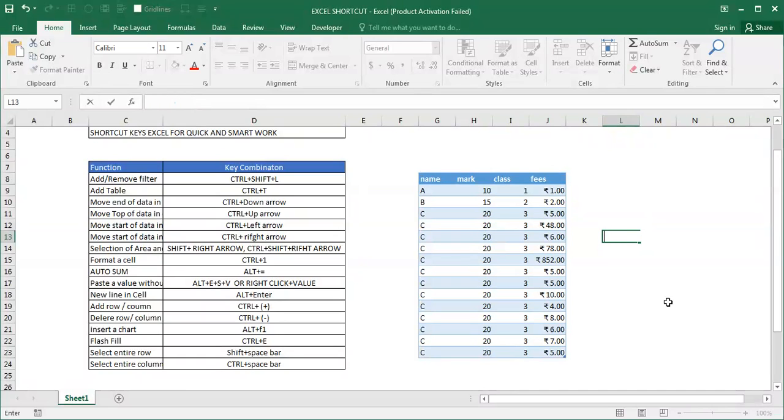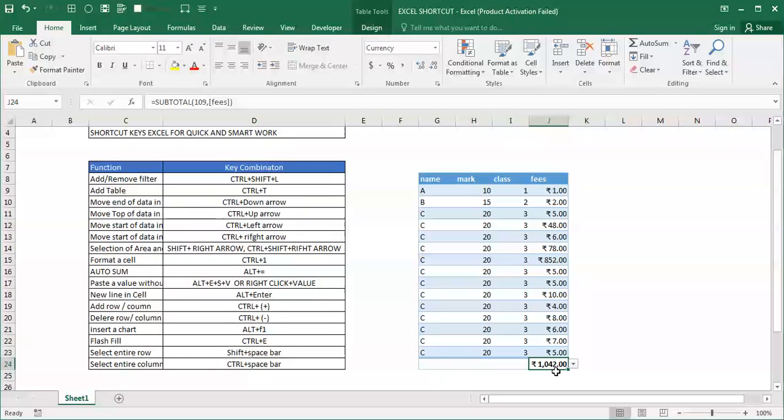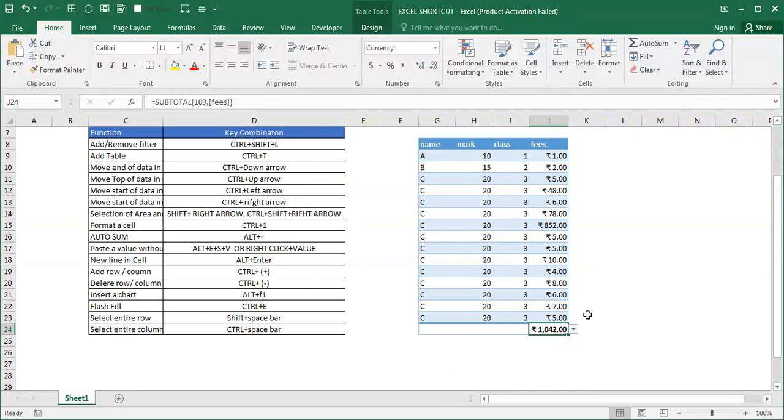So what I'll do, I'll come down and press Alt plus equal. Automatically it will take from the beginning. So in this way you can easily find out the sum of the values in a row or column or wherever you want.